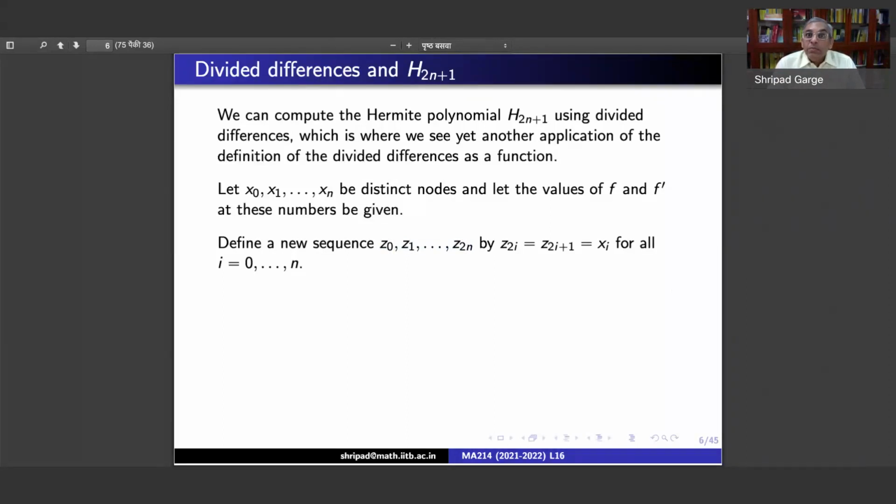No, it should be 2n plus 1, because here we had n plus 1 and there we should get 2n plus 2. So I'll make that change. Okay, so this is the new sequence that we have defined, and for this sequence we will construct our table